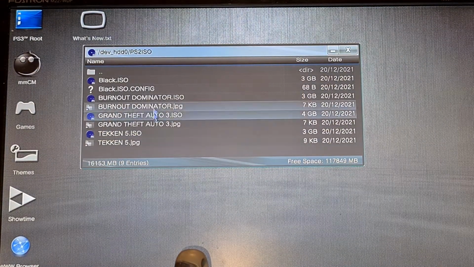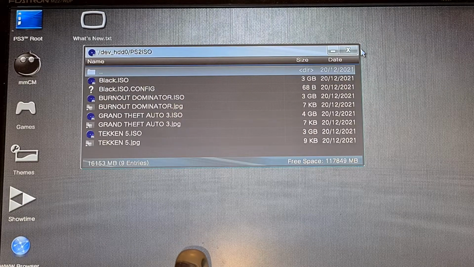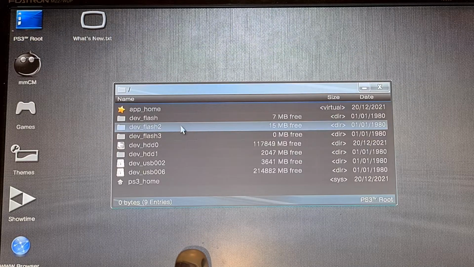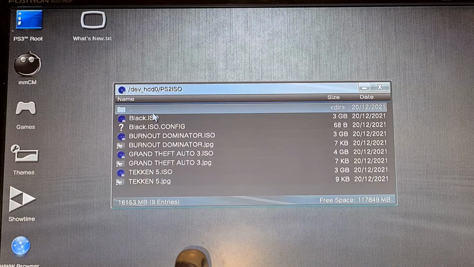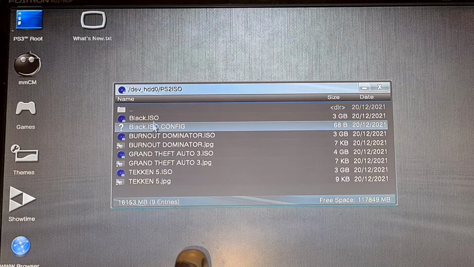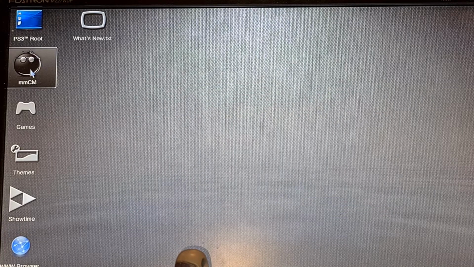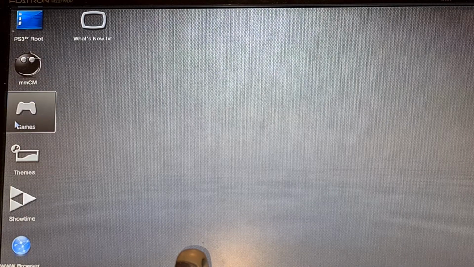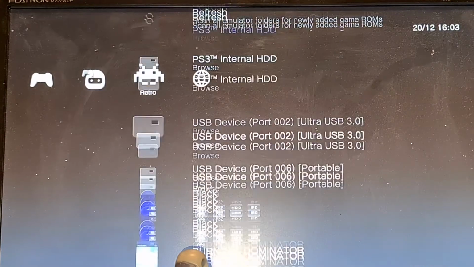Once you've done that, you might find that it's not exactly under black at the moment, but if you come out of this, and then go back into your PS3 root, into your HDD0, and into PS2 ISO games, you will now find it will be just underneath your black.iso, it will be black.iso.config. Now you need to come out of MultiMAN. And the way you do that is by double clicking on game, come over to retro, hit refresh,